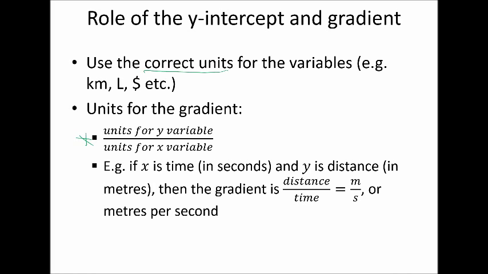One very common example is if x is the time in seconds and y is distance in meters. The units for the gradient will be our units of y, which is distance, over our units of x, which is time. So meters over second, or meters per second,